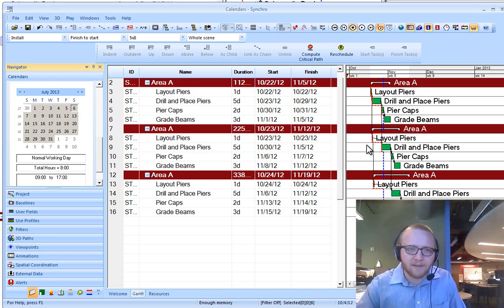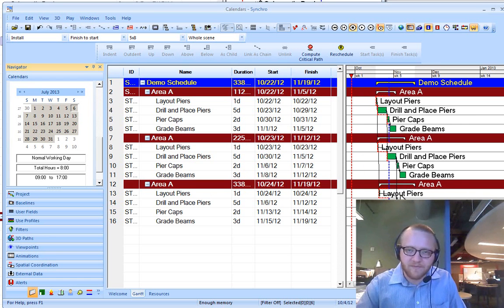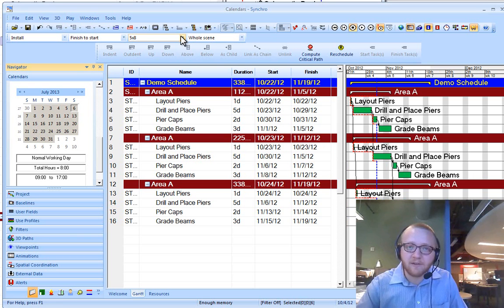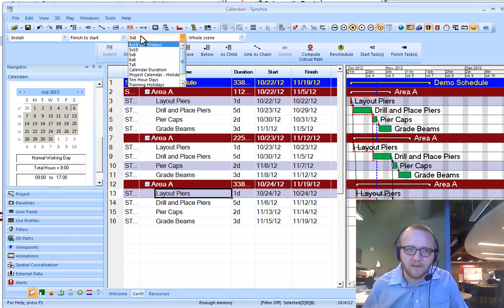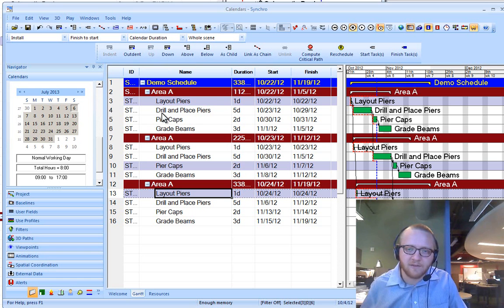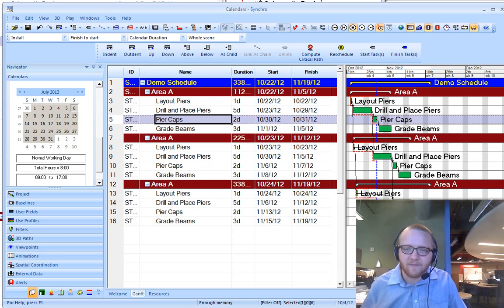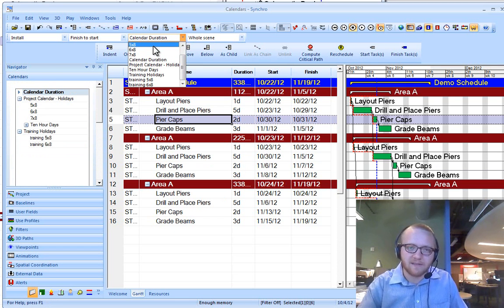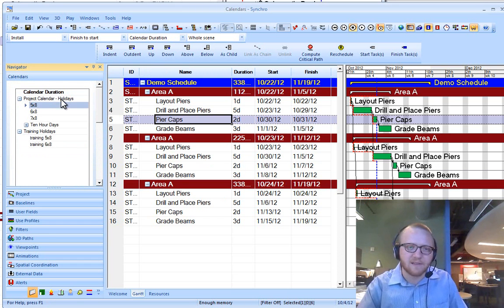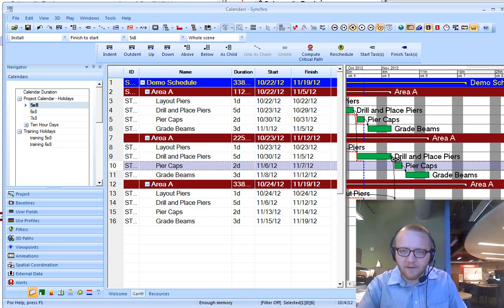So now we're ready to start applying those calendars. And first off, the way to not do that is to highlight activities and then change this drop-down list. This is not the right way to go about doing it. We'll notice that currently it's listed as 5 by 8. If I was to switch this to a calendar duration, what changes is all of the tasks below that I haven't added yet. That's because this is really your default calendar drop-down list, and I don't use it all that often, to be perfectly honest. I usually use my selectors here. So in this schedule,